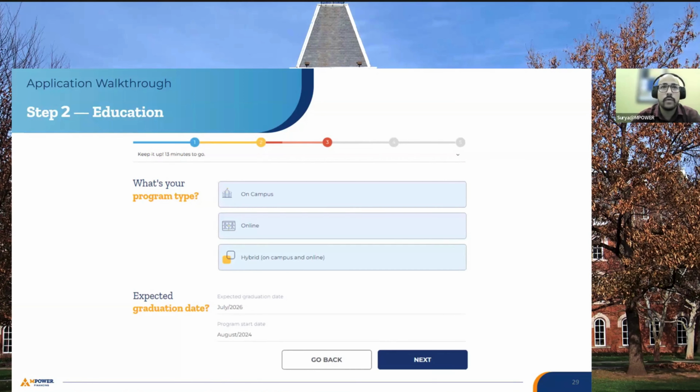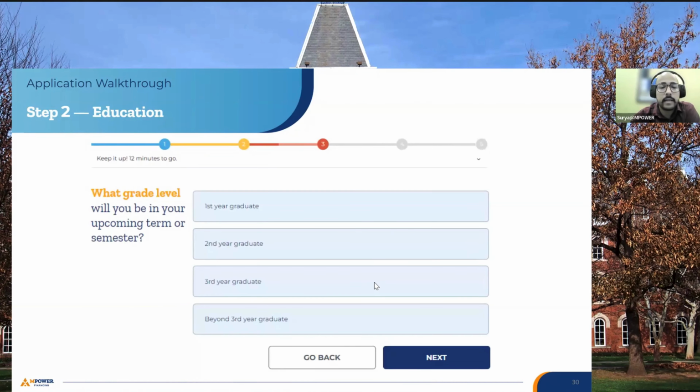When you are planning to go to the US, in that situation, we would be able to assist you because in the second year, you would be applying for your Canadian or US visa. Then again, we would be asking you regarding your expected graduation date and the program start date. If you see that there is any error you would like to change, you can make those changes here.